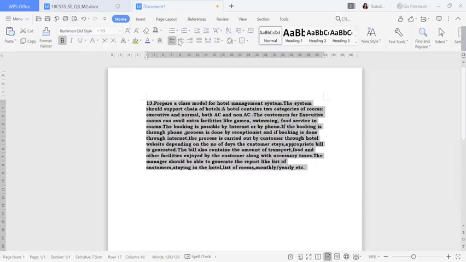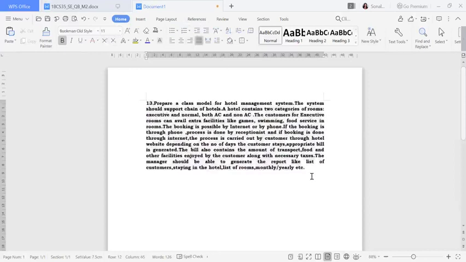First, from the question, you need to find out what all the class names, attribute names or function names are that you are going to write. Okay, so if you can see the question, many things are there. Prepare a class model for a hotel management system. The system should support the chain of hotels. Okay, this is the first one. I'll just change the colors wherever I'm getting any class name. Okay, next one will be a hotel contains. So hotel is also one more class name.